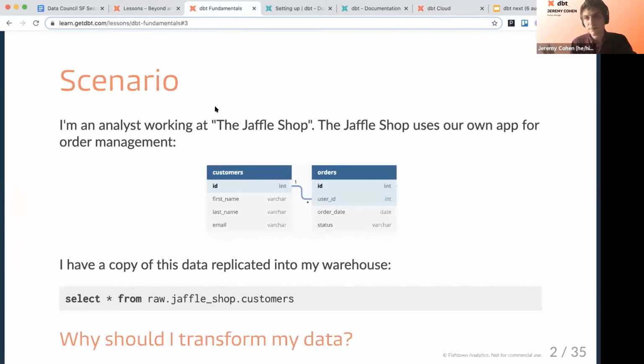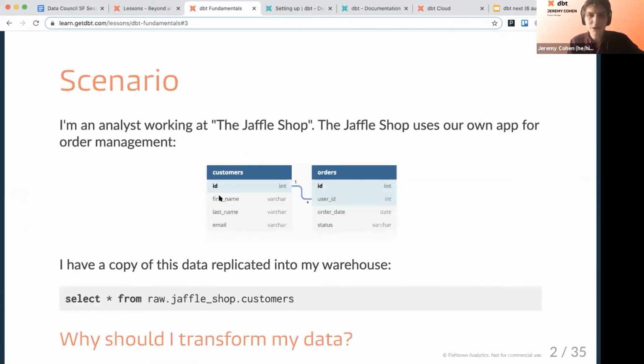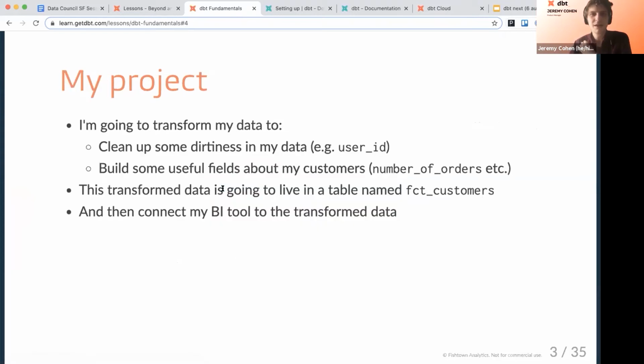First off, what's the benefit of transforming my data at all? Well, maybe you notice some weirdness around the user ID column in orders actually mapping to the ID in the customers table. Who knows exactly why that is? Maybe it was initially a table of users. Maybe we had a notion of users of my Jaffle ordering app before we had a notion of customers, people actually paying for and buying my sandwiches.